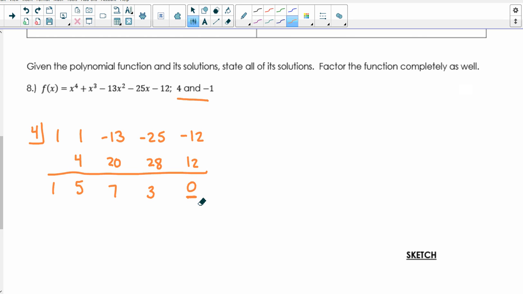Notice I get 0. Alright, so now what I'm going to do is say, okay, well, now my new coefficients are 1, 5, 7, and 3, but I'm going to now use my other factor, which is negative 1, and I'm going to put it right here, so that way I don't have to rewrite all this. And then I'm going to draw my line, and basically I'm going to forget all of this up here. Bring down my 1, multiply,